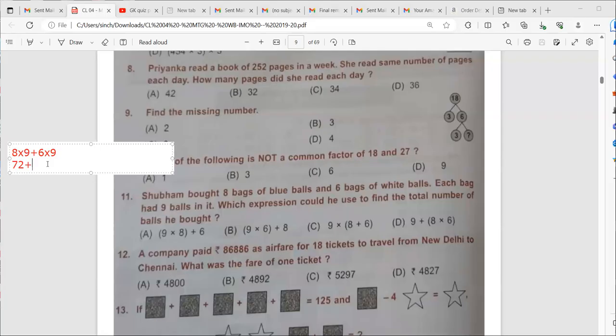Yes, tell me, Shuok, 6 into 9 is 54. Very good. Now see, there is a shortcut. Here 9 is there for both the numbers. Since we just need to find the expressions, we can bring 9 out. Then we can add 8 plus 6. Both the answers will come the same. 6 into 8 is how much, Shuok? Ma'am, 48. 48 into 9 is? 1 second.